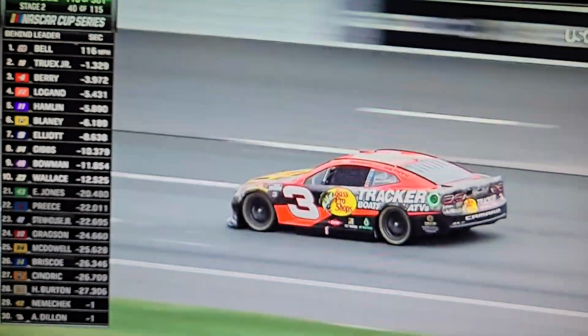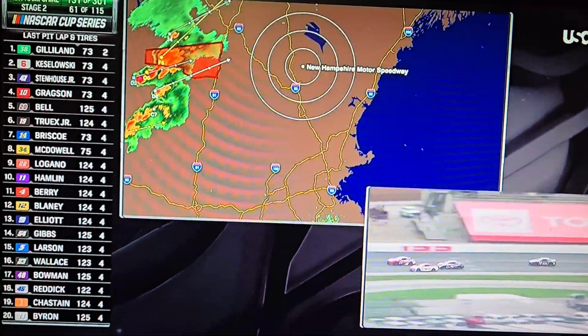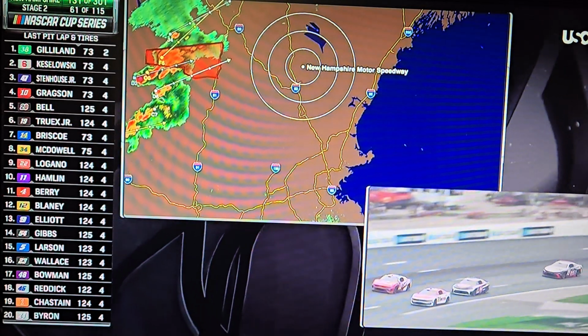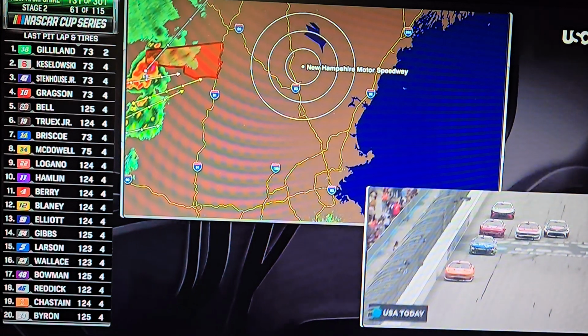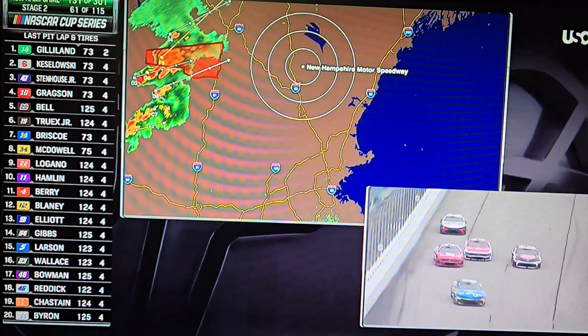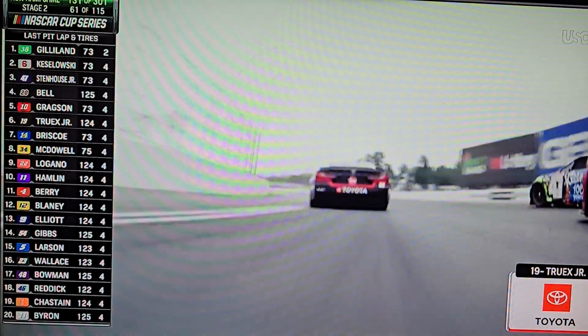The gap between 1 and 2 still about 1.3 seconds. Christopher Bell coming in had only led 43 laps before today. He's over 60 now. They pop up towards the racetrack. 151 is officially halfway. Once you get to halfway in the race, or stage 2 today would be halfway in the race. So, you know, I don't think that's changing their strategies, but I've learned in this TV booth there's just 36 crew chiefs. I can't keep up with all of them. So someone down there might have something going on where they think the radar might be changing how long they're going to run. All right, Marty, let's learn a little bit more